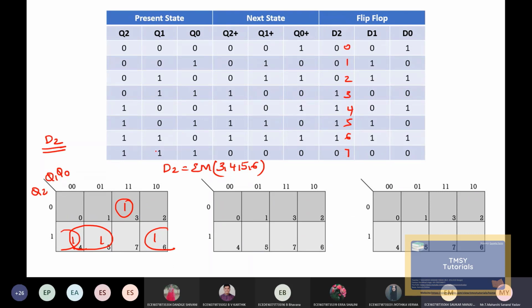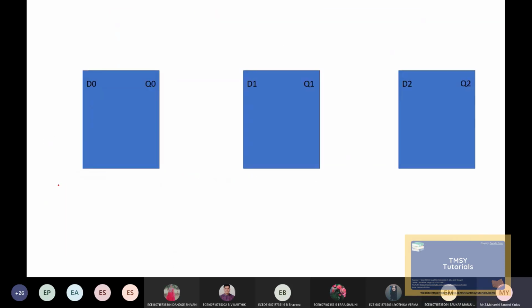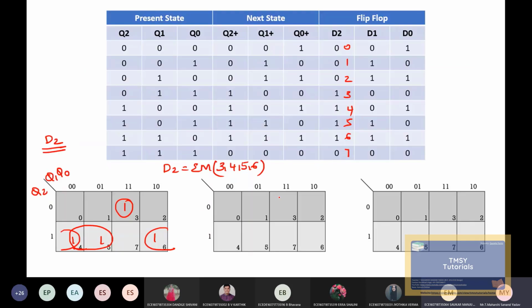One second, let me write it here. So D2, tell me: Q2 Q1 bar plus Q2 Q0 bar plus Q2 bar Q1 Q0.